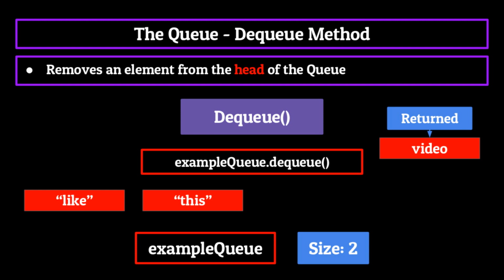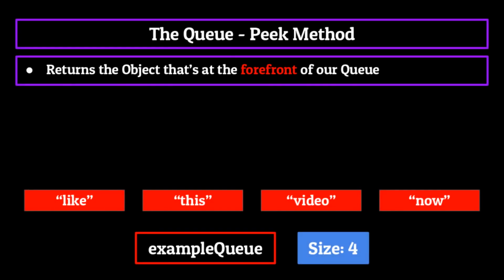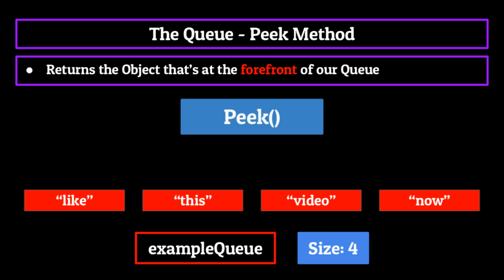We can keep doing this for every element in the queue until it's empty, but the next methods we're going to talk about need some information to work with. So for now, let's refill the queue back to its original 4 elements. The next method that I'll discuss is peek. Now we've actually covered peek just a few moments ago in our segment on stacks, but if you forget or just didn't watch that particular part, peek returns the object that's at the forefront of our queue. It doesn't take in any arguments and simply returns the foremost object of the queue without actually removing it,